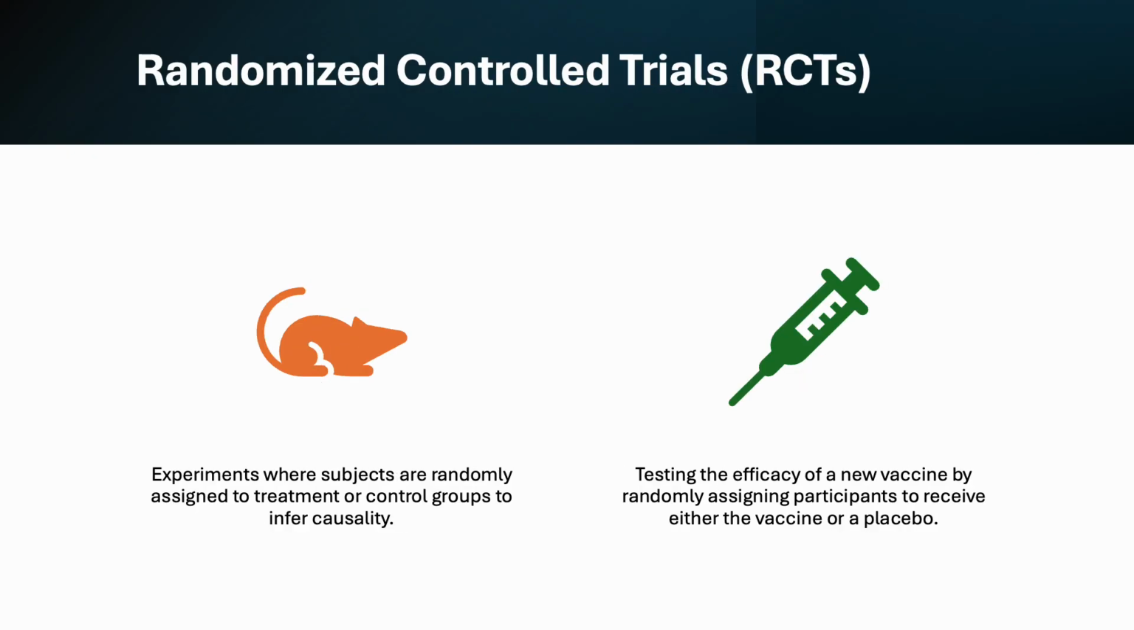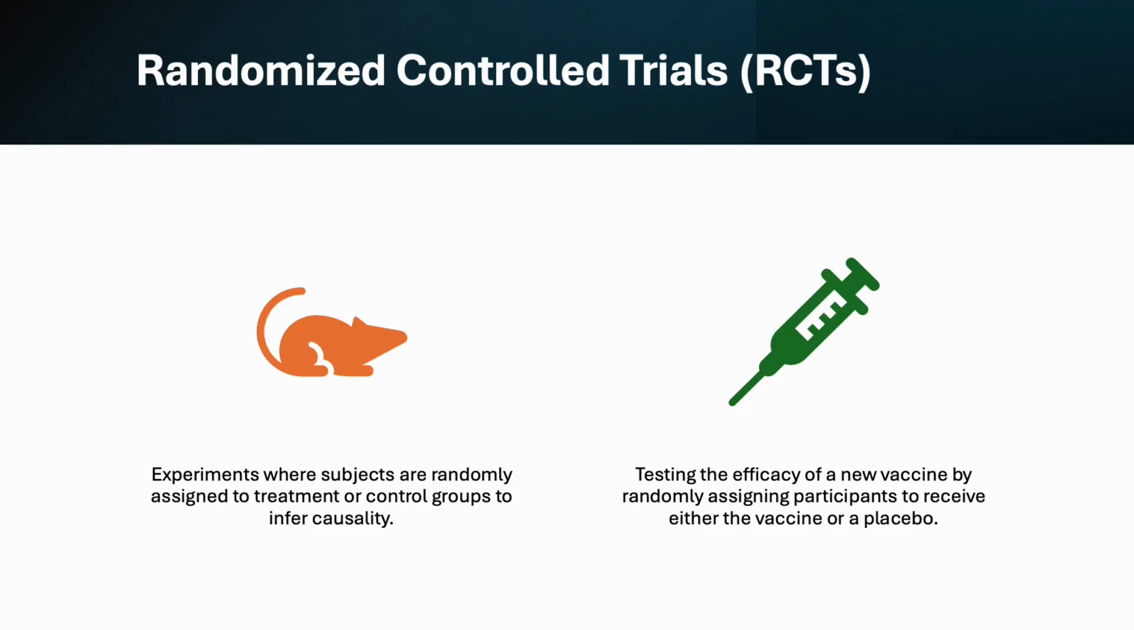A randomized controlled trial, or RCT, is an experiment where participants are randomly assigned to either a treatment group or a control group. For example, to test a new vaccine, some participants receive the vaccine while others receive a placebo. Randomization ensures that groups are similar in all other aspects, so any differences in outcomes can be attributed to the